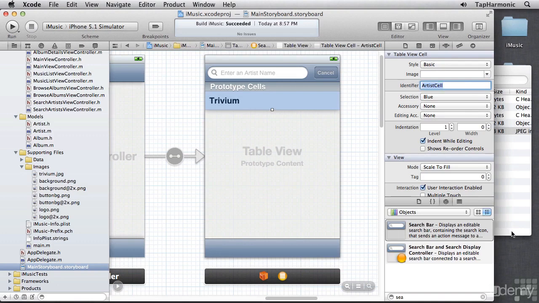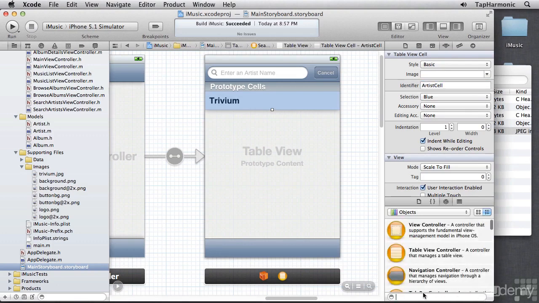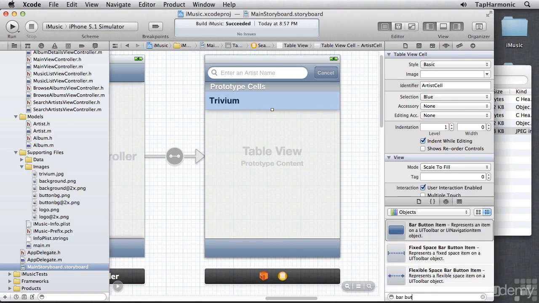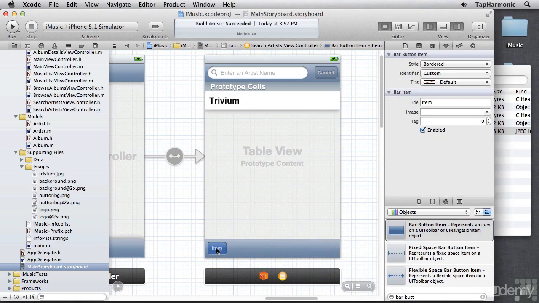One last thing we want to add to our scene is another bar button item. But this time we'll add it to the footer, and we'll call this Close. If the user decides to bail out of the search operation, they can tap the close button to dismiss this